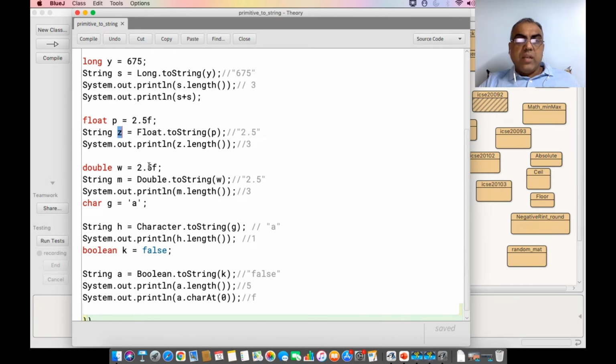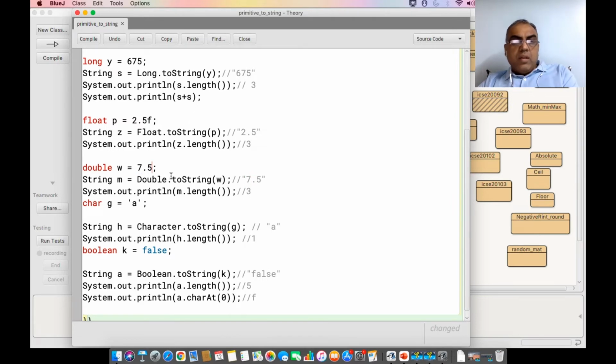As with the double, let's say 7.5, this will become 7.5. You can write f because a float is a smaller data type and can go into a double. I'm just going to make it 7.59, and this answer is going to be 4 because there are 4 characters now.